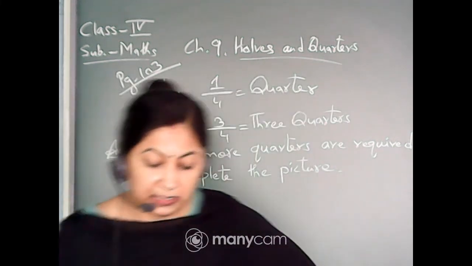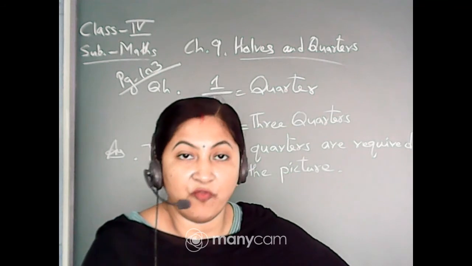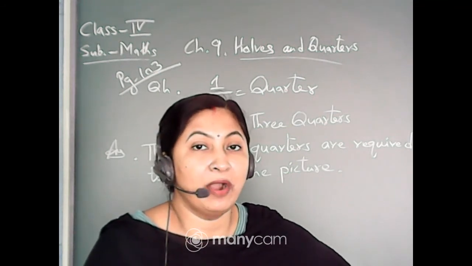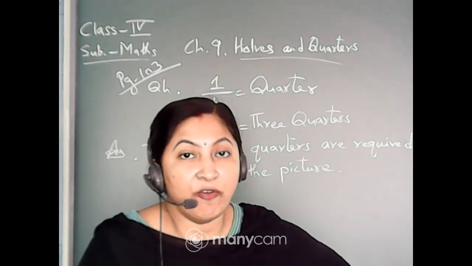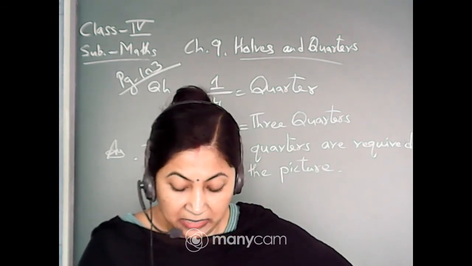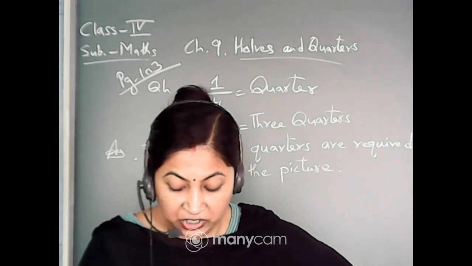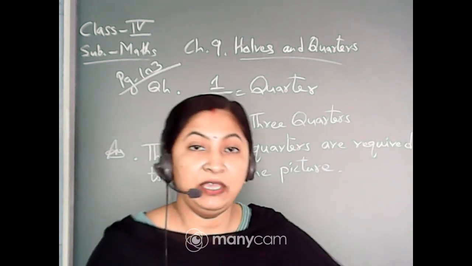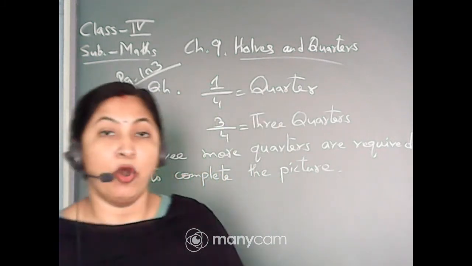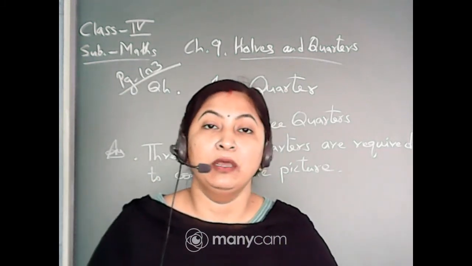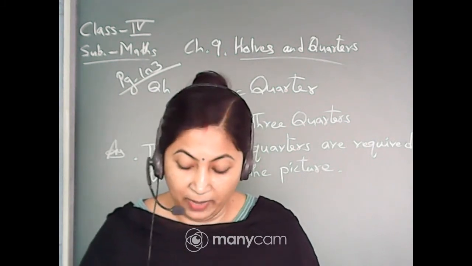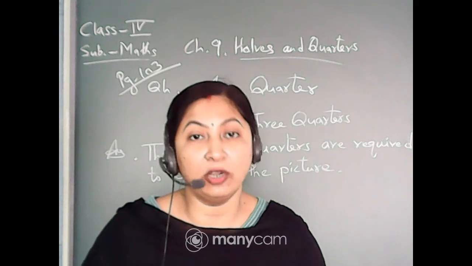Using your meter scale, cut a string of 1 meter. With the help of the meter scale, you are told to cut a string of 1 meter length. On this string, mark the length half meter, 1/4 meter and 3/4 meter. In that string you have to measure half meter, then 3/4 meter and 1/4 meter. You have to give a knot in that string.